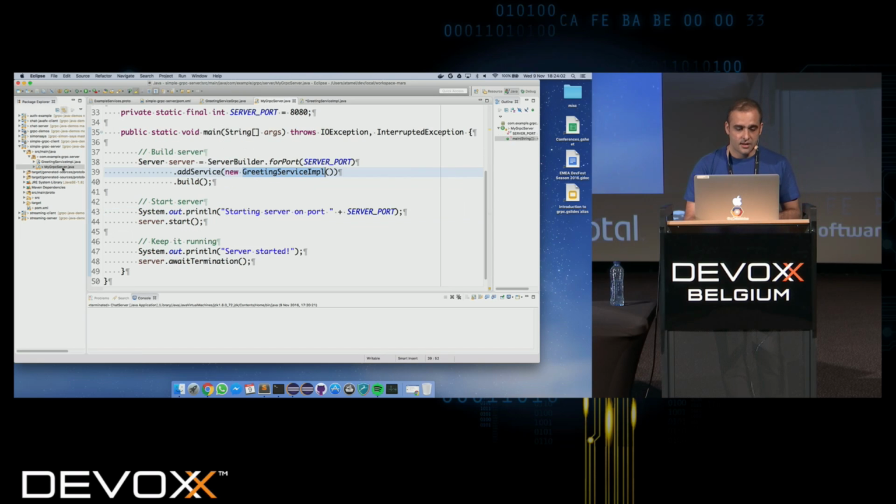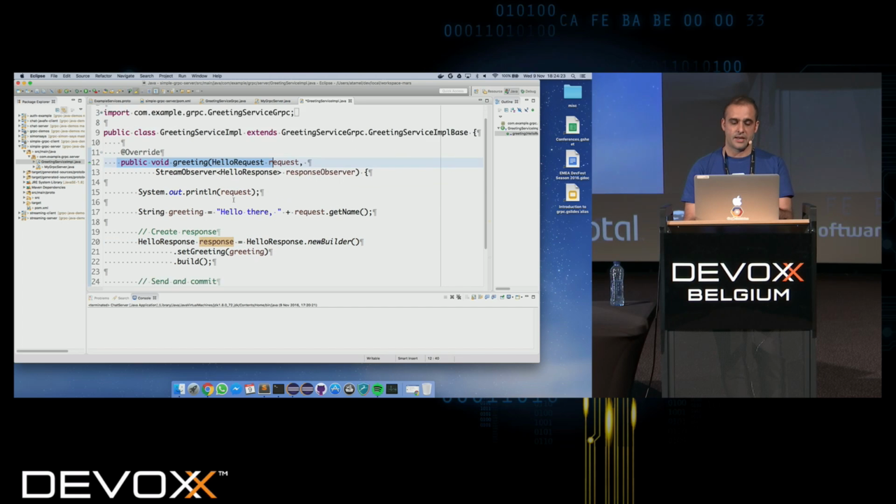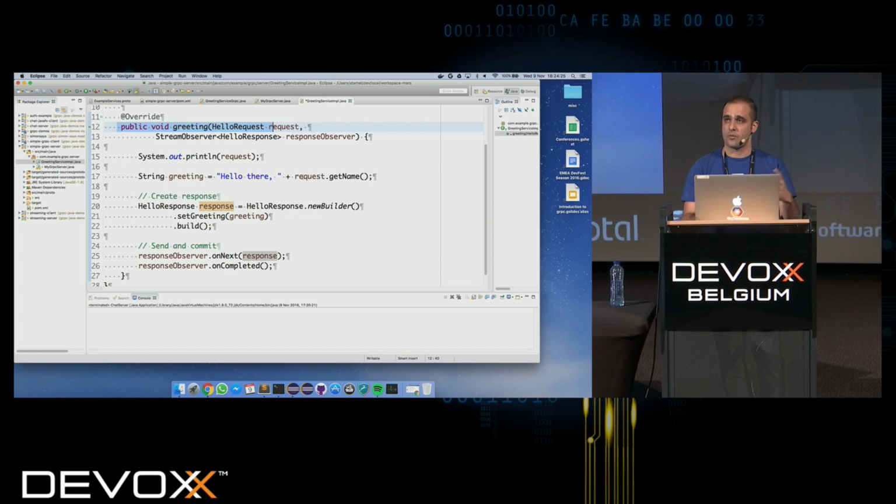As you've seen, all we had to do was build a server with a service implementation, and then we define the service implementation in the other method, and then call start on the server, and that's it. The service implementation extends from the base class that was generated for us. And from that, we know that we need to implement this method. And then here, we basically just define what we want to do, and then create a response and send it back. Now, to look at the client side,